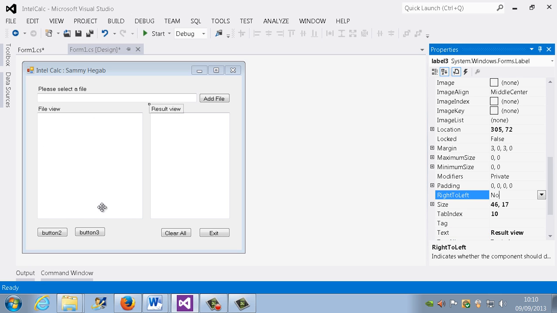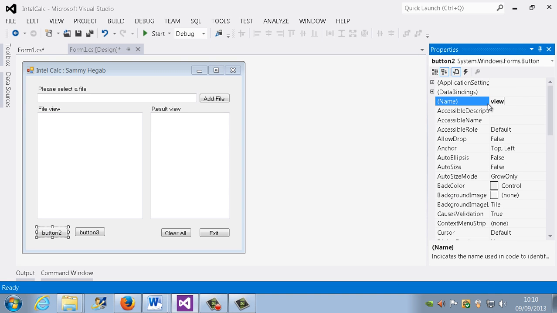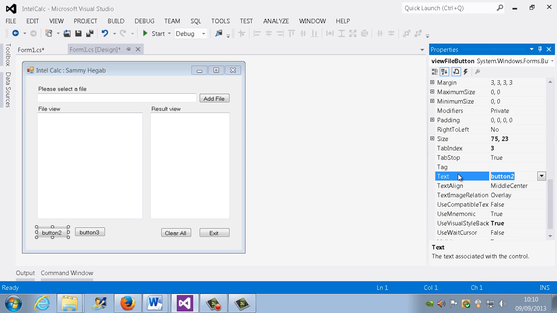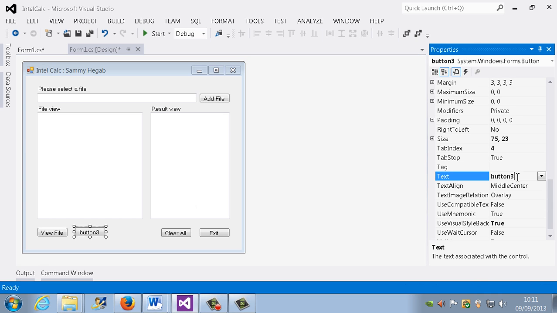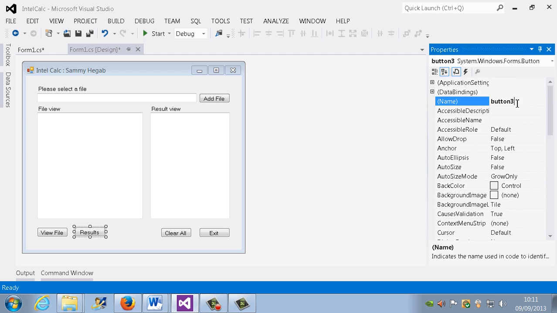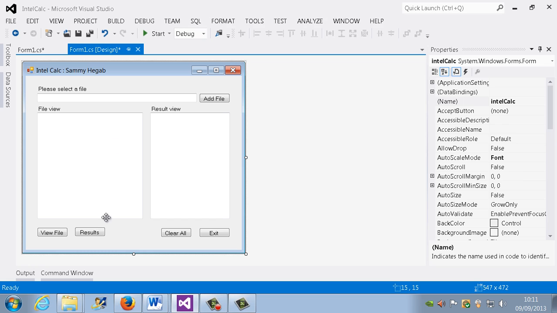Okay, so we've got those two buttons. We need to give them labels. So this one's called view file button, and this one will say view file, and that one we'll call that one view result, or just results. We'll just call it results, and up here we'll call it results button. Okay, so for everything labeled correctly,